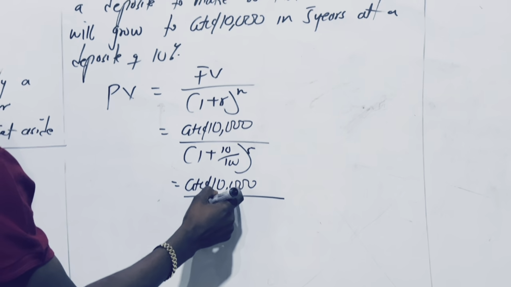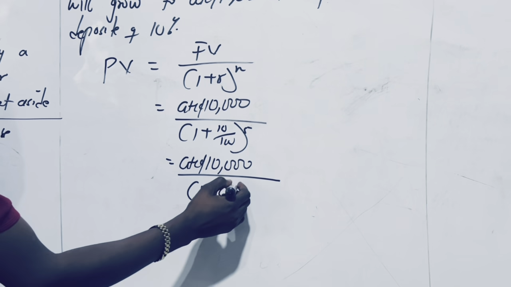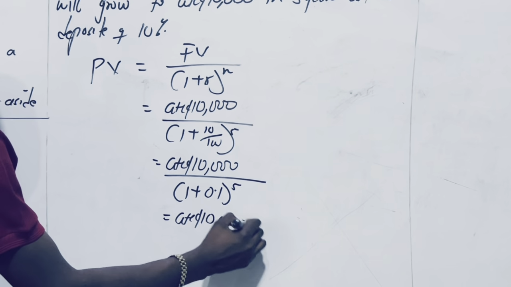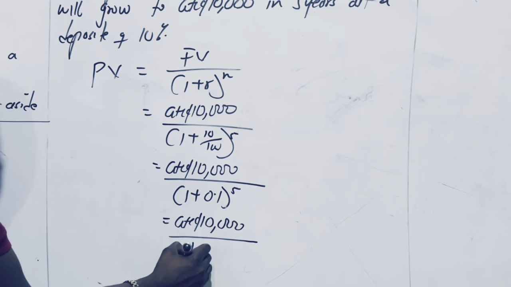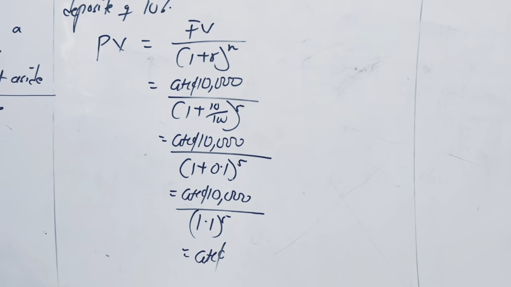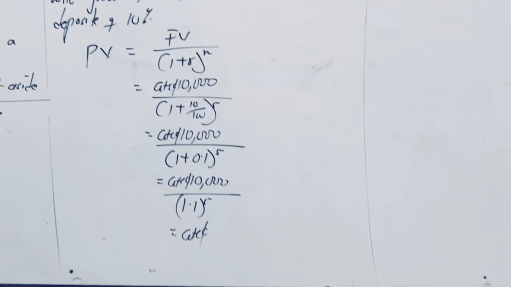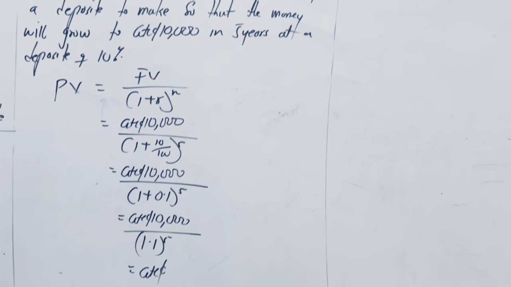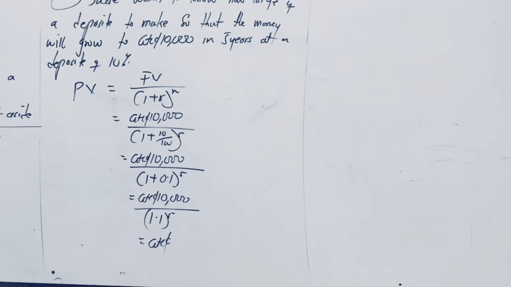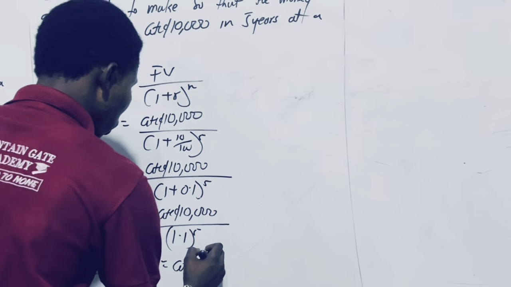Then 10 over 100 can be written as 0.1. So we have 10,000 over 1.1 raised to the power 5. So what do we have here? We have our 10,000 over bracket open 1.1 bracket close raised to the power 5. And that will give me